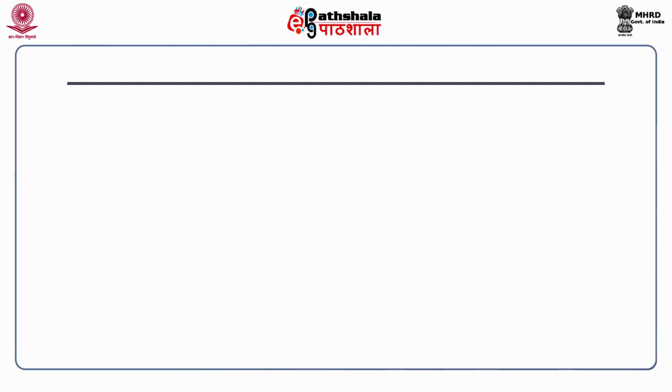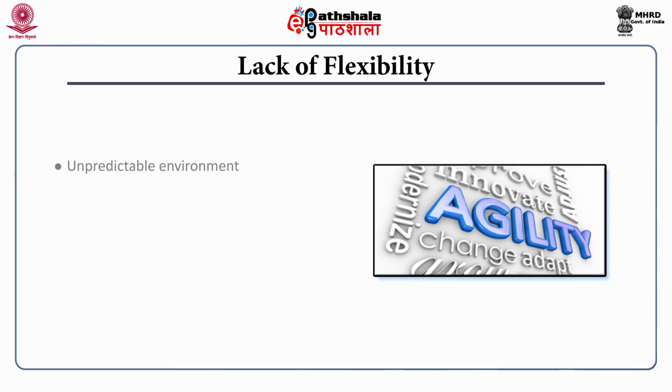And the last hurdle is lack of flexibility. As the business environment is unpredictable, an organization must be ready to handle any adversity. The dynamicity of the environment demands flexibility in all the systems. If performance management system is designed as a rigid system with no or little scope of modification, then it might create a hurdle for the organization in a longer run. A flexibility element in any system always provides a scope for future improvement.